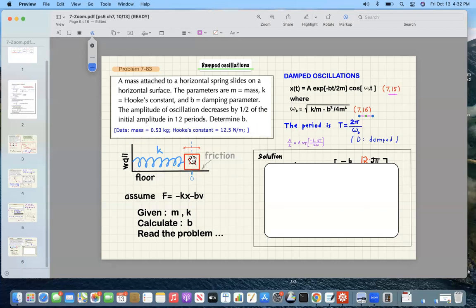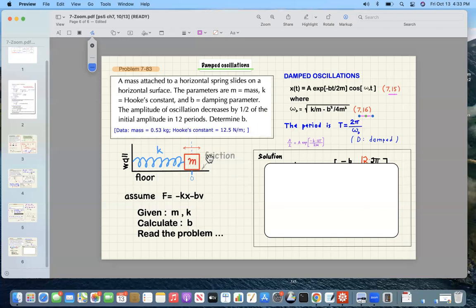You know, the faster it's moving, the larger the frictional force will be. And it's in the direction of negative V. So in other words, if the mass is moving to the right, friction is pulling it back to the left. Friction always acts opposite to the direction of motion,